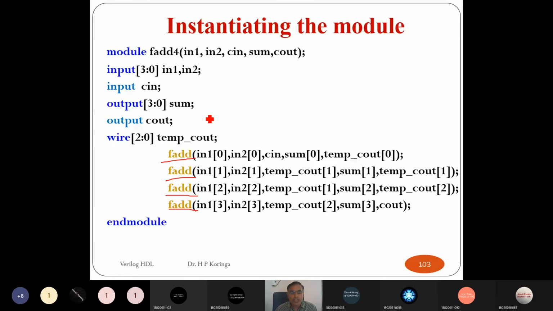It is like MATLAB programming, right? When we write a .m file in MATLAB, the .m file works as a function. Similarly in Verilog, whatever we have saved in the .v file, later on we can use that .v file as a function, right? So once we have the 1-bit full adder, it works as a function, and we can directly use it by instantiating it inside the module. But we cannot define another module inside a module. Inside a module we can call another module, but we cannot define it inside.